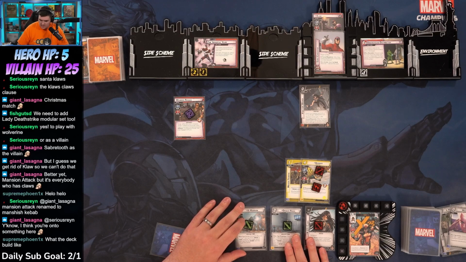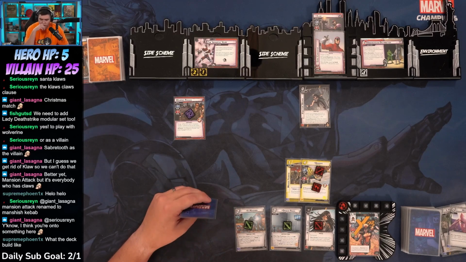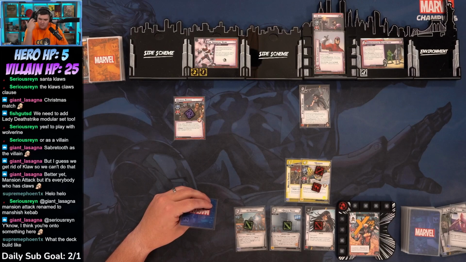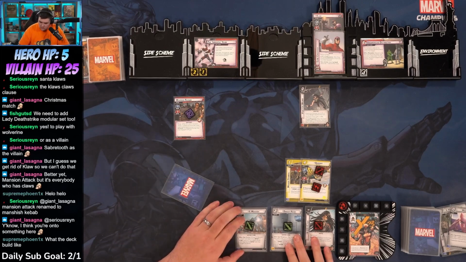I'm going to take an attack of 2. No, attack of 1 plus 2 boost cards. If we flip down, we're placing 2. He's scheming. If he hits a 2 boost, we lose the main. So let's